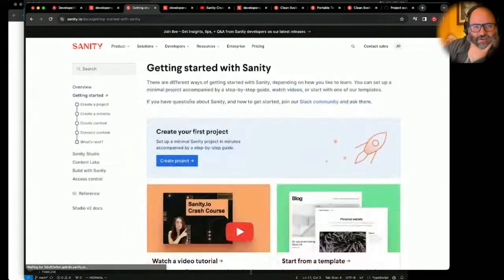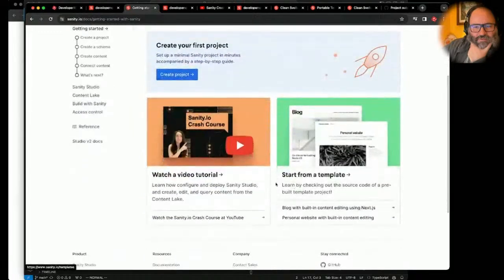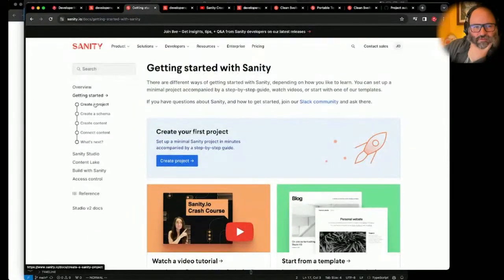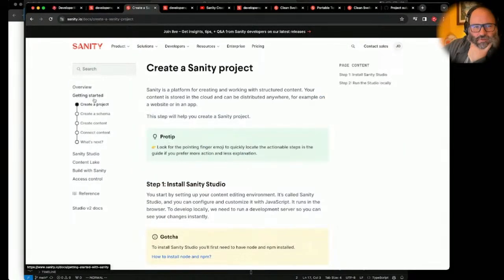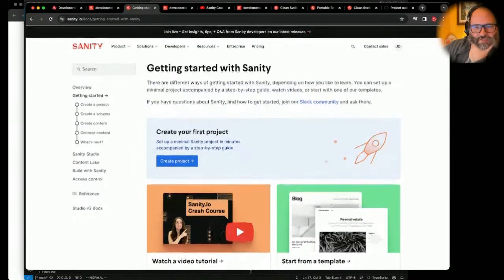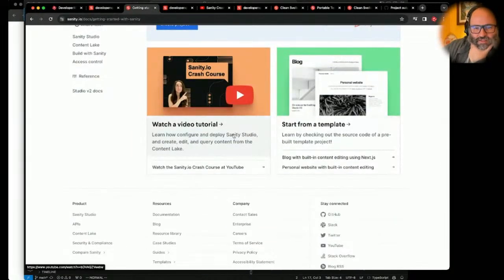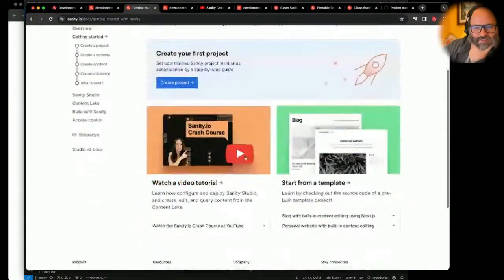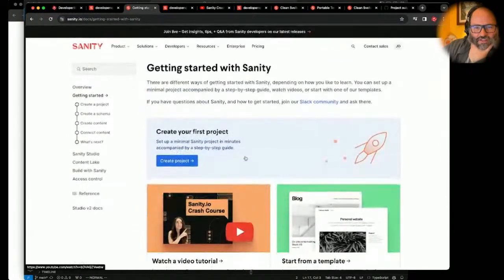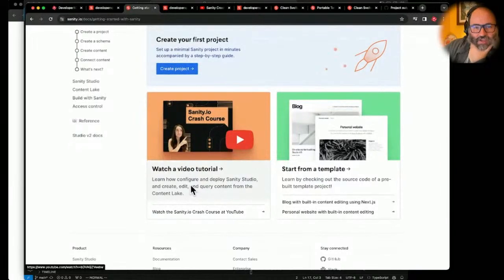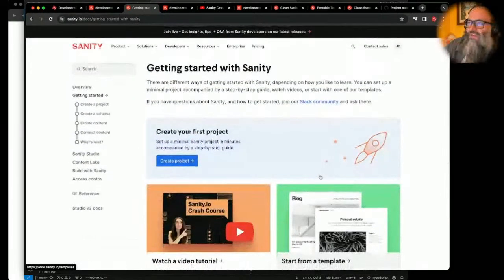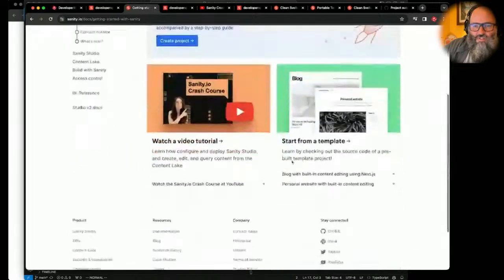If I go back here, there is one interesting behavior. Again, I do like this, but it does have one glaring thing I just realized now, which is, okay, I could go watch a video, I could start from a template. It led me down that choose door A or door B, but there was actually a door C here, but